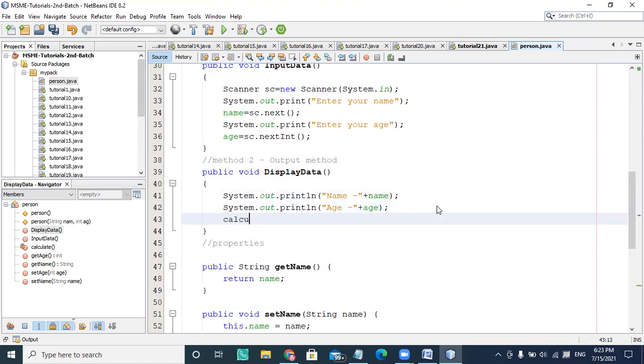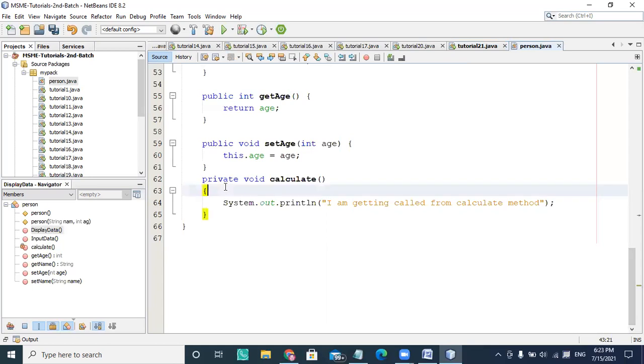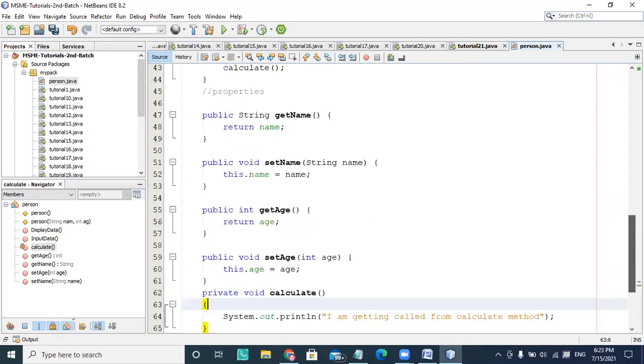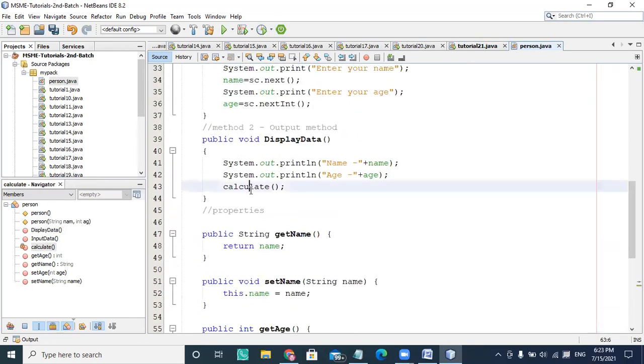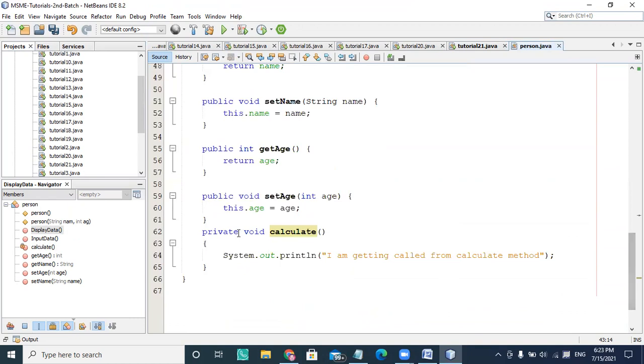If I try to use calculate here, what will happen? Calculate is not returning any data type, but it is a member, so other members can call it. But it will not be available as a separate call because it is private here.